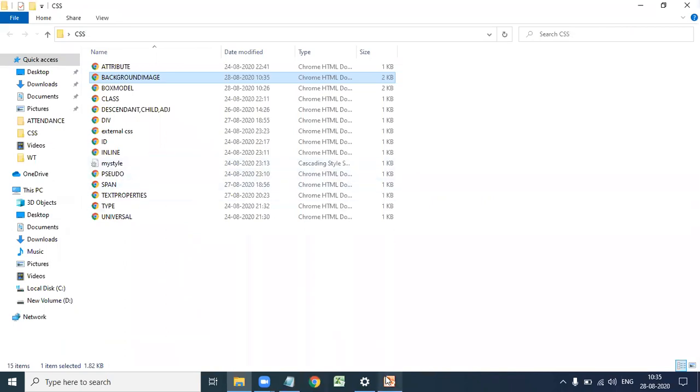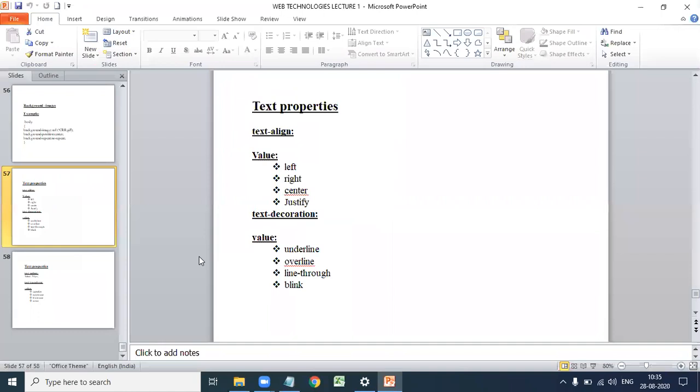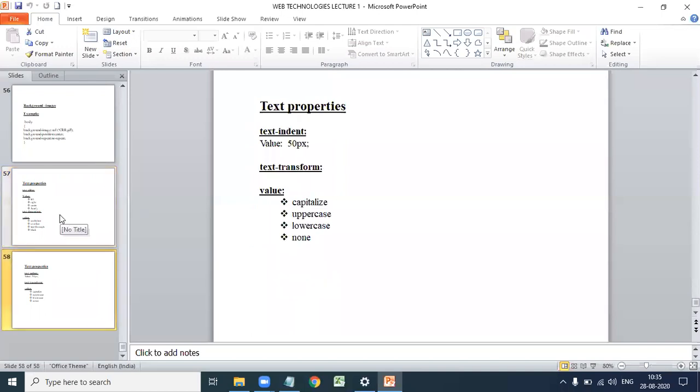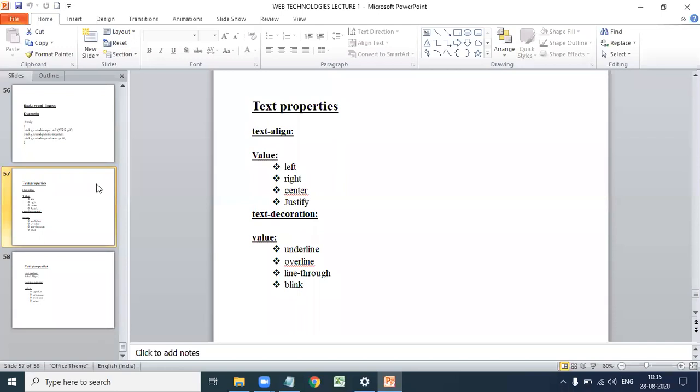Next, we see the text properties. So there are different text properties: text-align, text-decoration, text-indent, and text-transform. Here text-align: this property specifies the horizontal alignment of text in an element.